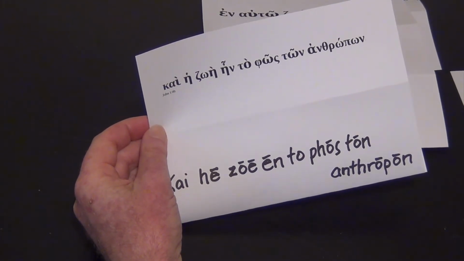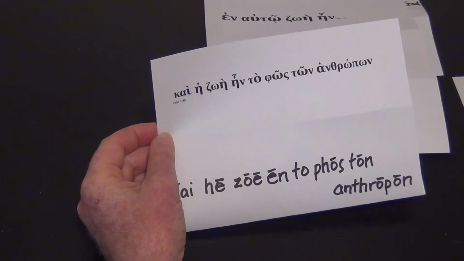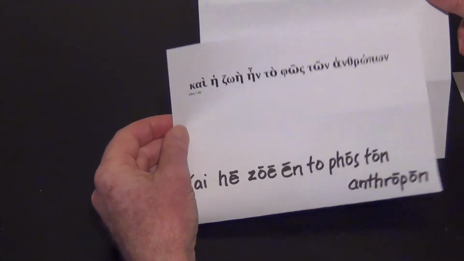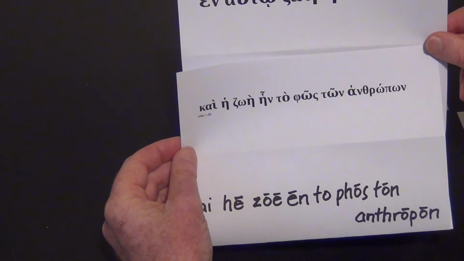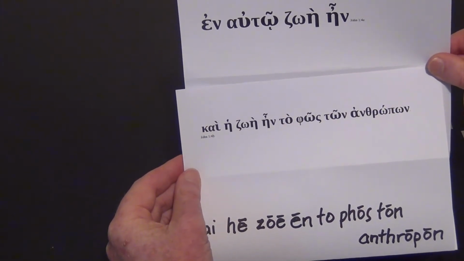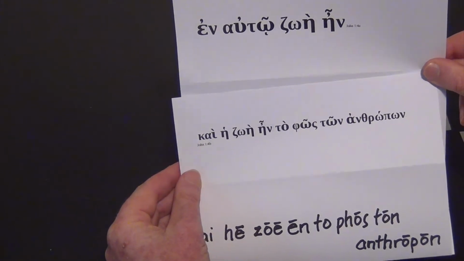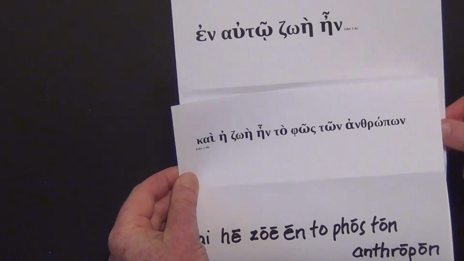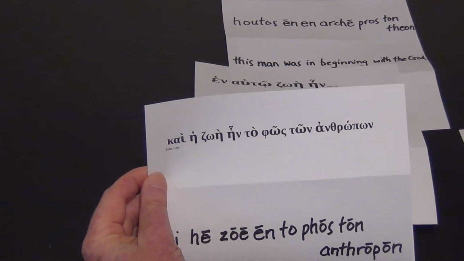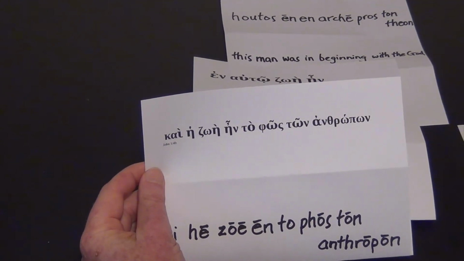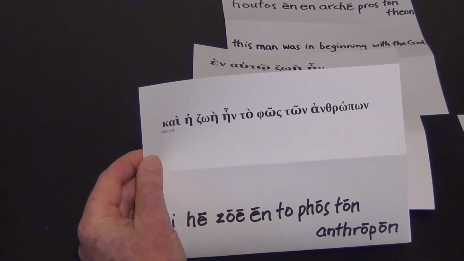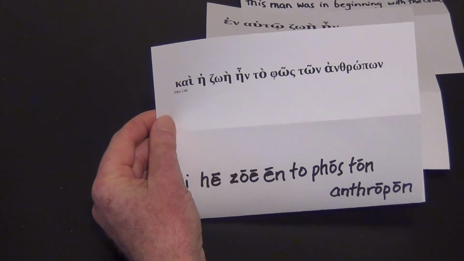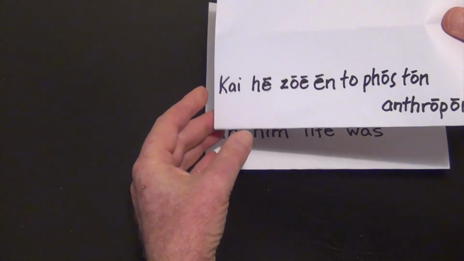And we notice too the pattern, the same as in verse 1, where the following clause picks up the end of the previous one. The first part said, "En auto zoe ein," and then the second part says, "Kai he zoe ein tophos ton anthropon." So the zoe at the end of this phrase is picked up at the beginning of this phrase. And again, as we translated in John 10:7, "Ego eimi heithura ton probaton," we translated it as the gate for the sheep. So this one,